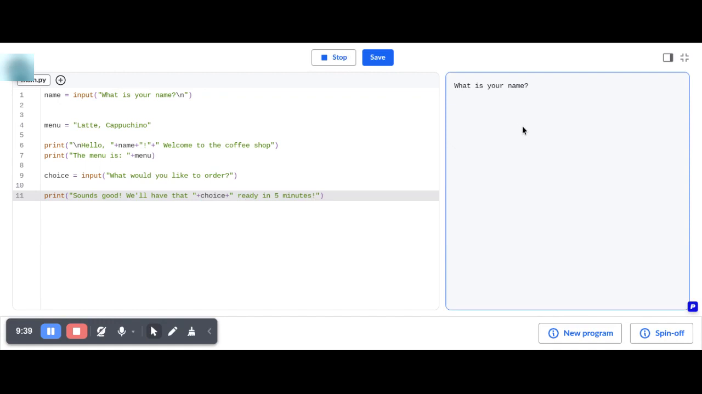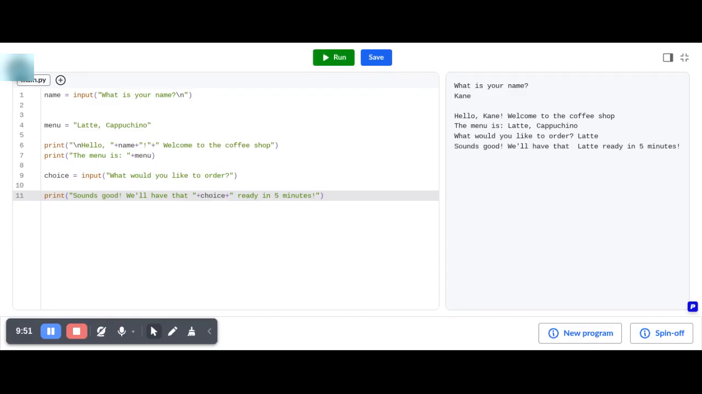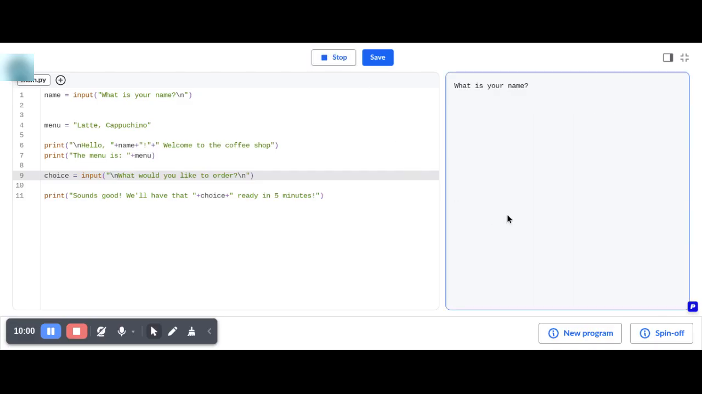So what's your name? Okay, that's your name. What would you like to order? I want a latte. Have that latte ready in 5 minutes. Actually gonna add a slash n here, a slash n there, because it looks a little wonky, doesn't it? What would you like to order? Let's see. I would like to order